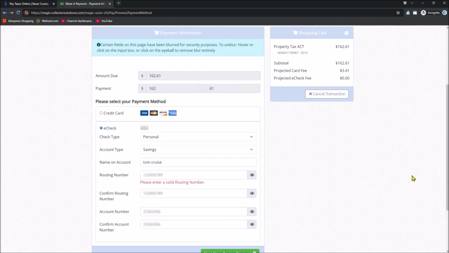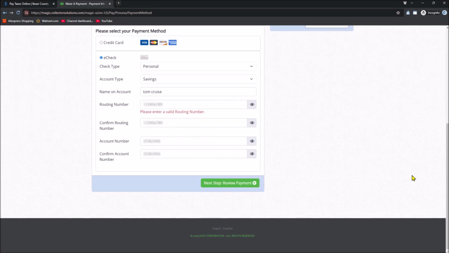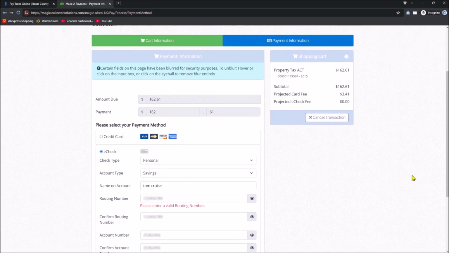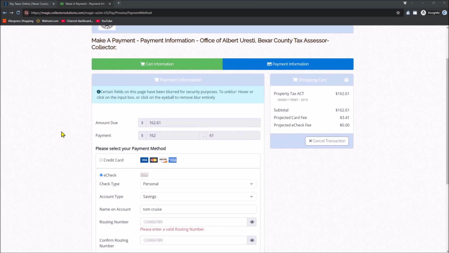And also, as far as I know, in the year 2025, if there is an unsuccessful payment, Bexar County does not charge $30 for the first unsuccessful attempt. So you can get a waiver for it. But if you submit the payment details again, and the second time the payment is unsuccessful due to low balance or inaccurate bank account information, then you would be charged $30 for the unsuccessful attempt for the second time. So this is about the payment of the property taxes to Bexar County,